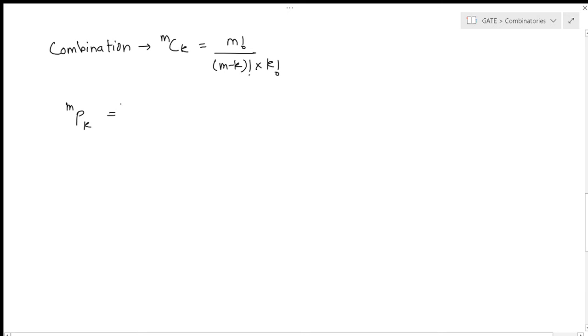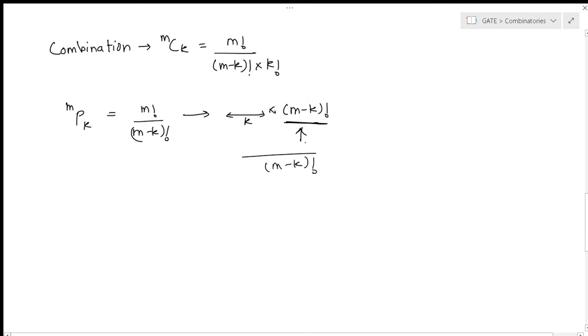and where I told you what M factorial upon (M minus K) factorial means. So it was like this: if the first K positions are fixed, and the last M minus K positions perform their full permutations, the full (M minus K) factorial counting would be there, but we know it's an overcount. We didn't want to give freedom to this part of the equation. So when we divided by (M minus K) factorial, we counted all of those only once.